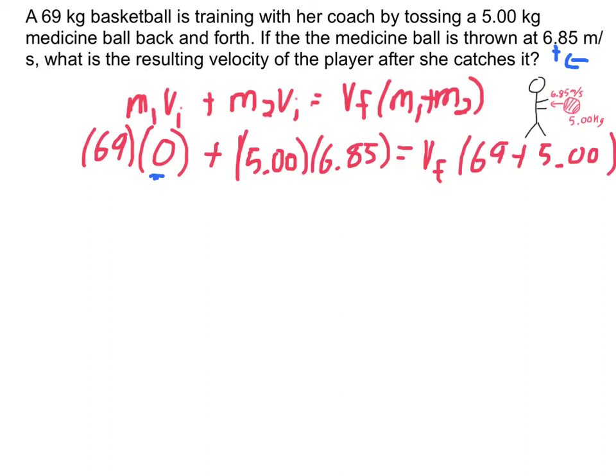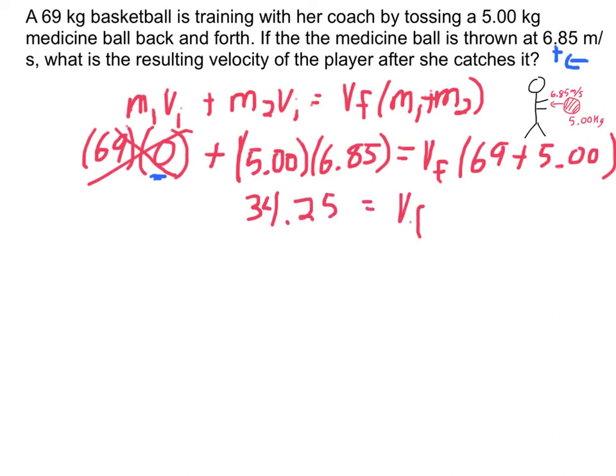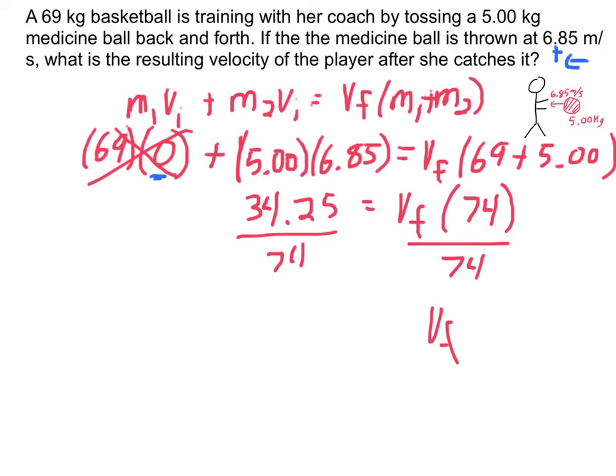All right, so now I've got everything written out. I just need to solve for my final velocity. 0 times anything is 0, so that completely goes away. So in other words, the momentum of the ball, right, which is 34.25 kilogram meters per second, is going to equal the momentum of the girl and the ball together, which is vf times 74 kilograms, right? And so now we just divide both sides by 74, and we come out with our answer, vf. Let's make that look a little bit nicer here. vf equals about